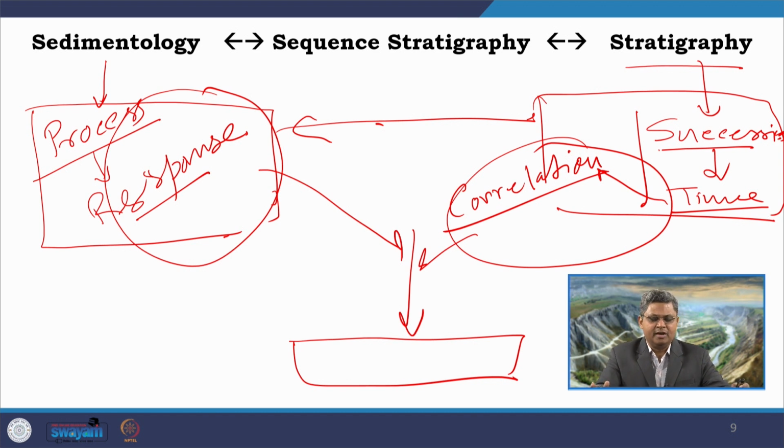So, sequence stratigraphy is a kind of bridge between stratigraphy and sedimentology, two end member components, and sequence stratigraphy is bridging these two end member components together, and we are coming up with much better interpretations, much better results. So, sequence stratigraphy is a relatively newer branch which has developed in the last 30 years. Actually, this concept of sequence started coming almost 70-75 years back from now,